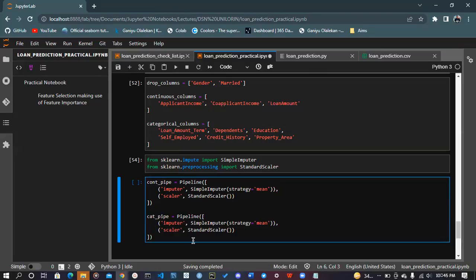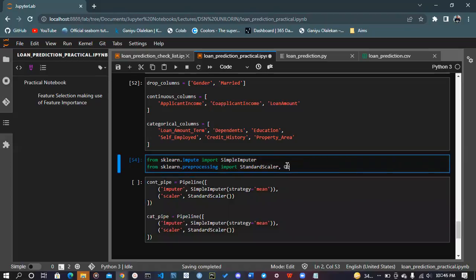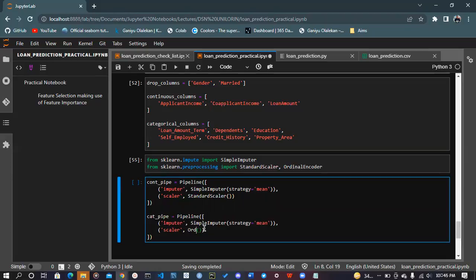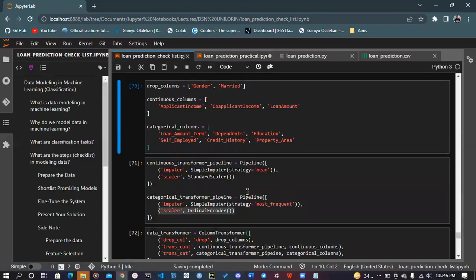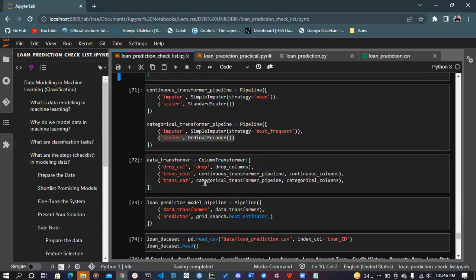Just need to change this, and the scaler should be the OrdinalEncoder, which should be here. By the time we do this, we've already created the pipeline for handling the continuous feature columns, and that's for handling the categorical feature column. And if we were to keep processing just as we did here, the next thing is to create a column